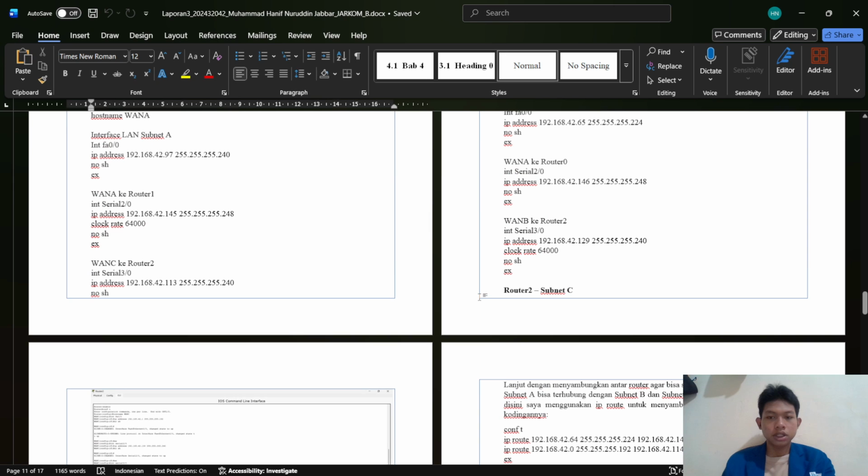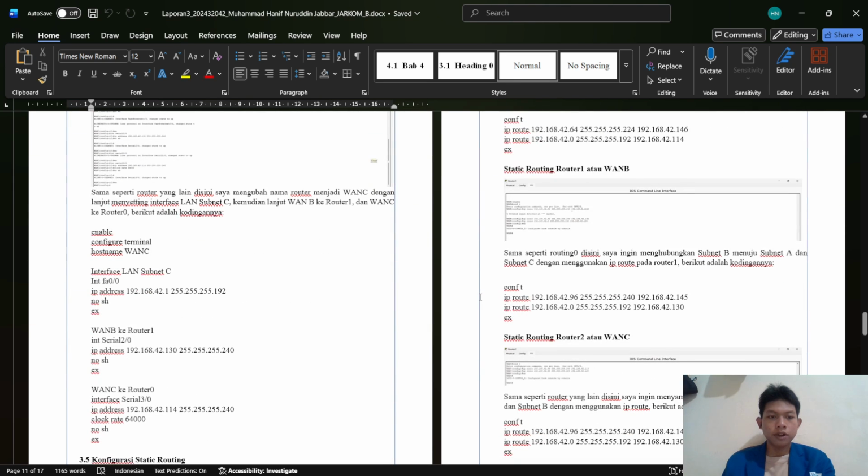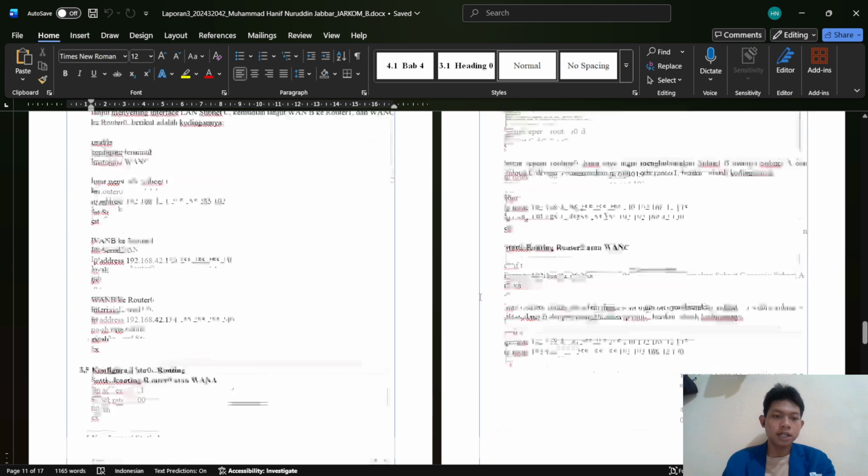Last step, configure router 2 for subnet C. I change the name for router 2 to 1C.